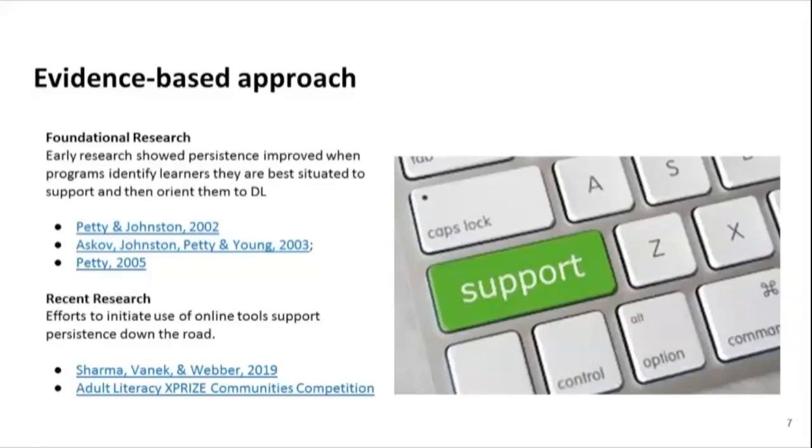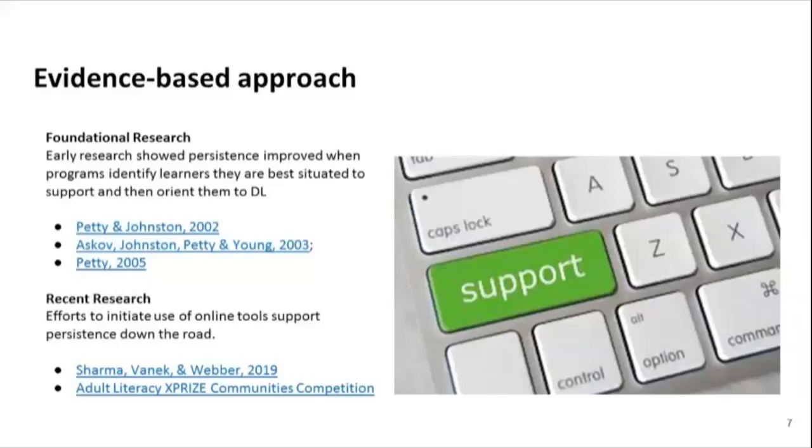You can see them in the middle of the slide here: Petty and Johnston, Askov and Johnson, Petty and Young, and Petty. Mike can chat those, and you can also find them in the blog post. Essentially, these were the foundational studies that resulted in the shape of distance learning in most adult basic education programs in the U.S. And they are also what basically shaped the guidance that the National Reporting System provides in